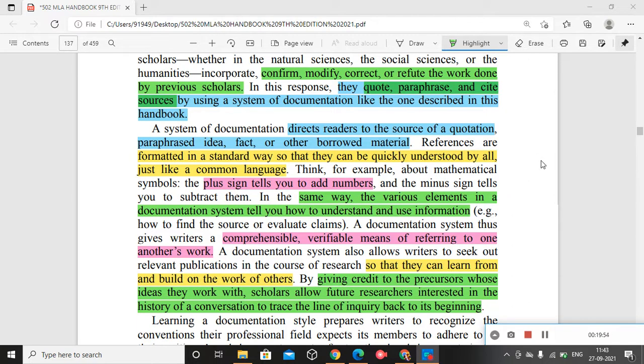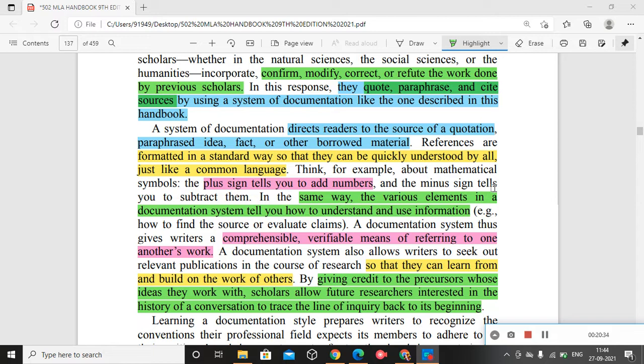So anything coming immediately after the name of the text must be the publisher's name. Sometimes, if it is a common name in our cultural context, you can easily identify. Otherwise, it's likely that you are confused whether it is the name of the publisher or the name of the writer, so it should come only at the position allotted for it. Only after the name of the text should you give the name of the publisher. It's not that because the name of the publisher looks like a person's name, you put it in the beginning. It should not be done.